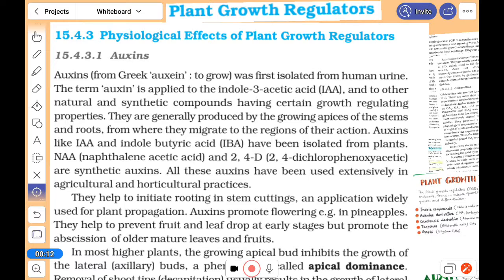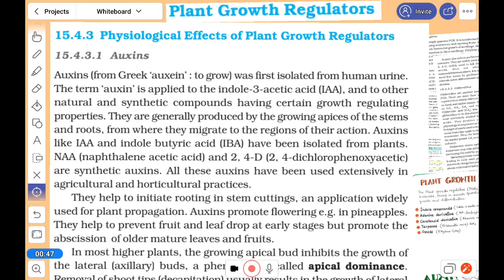Plant growth regulator. From the name we can understand that it regulates the growth of the plant. It is also known as plant hormone or phytohormone. These are signal molecules produced in the plant that occur in extremely low concentration. They help in growth, development, embryogenesis, regulation of organ size, defense, stress, and all these things.